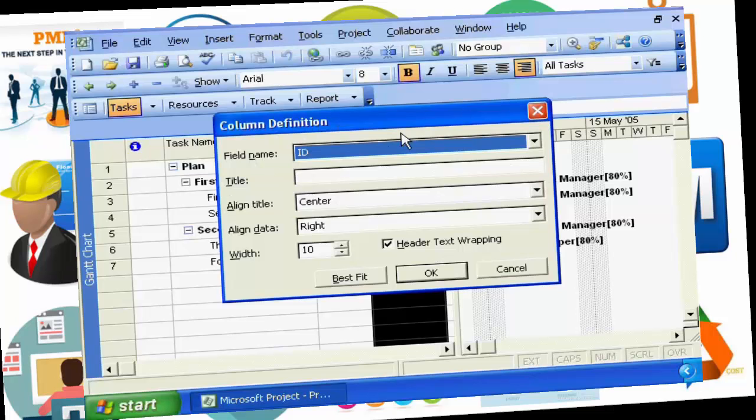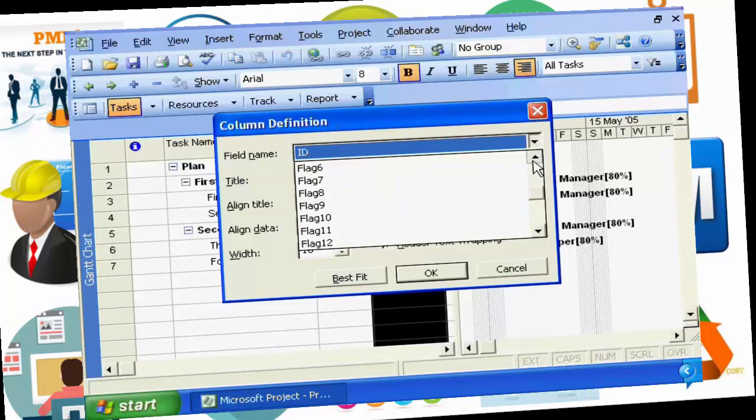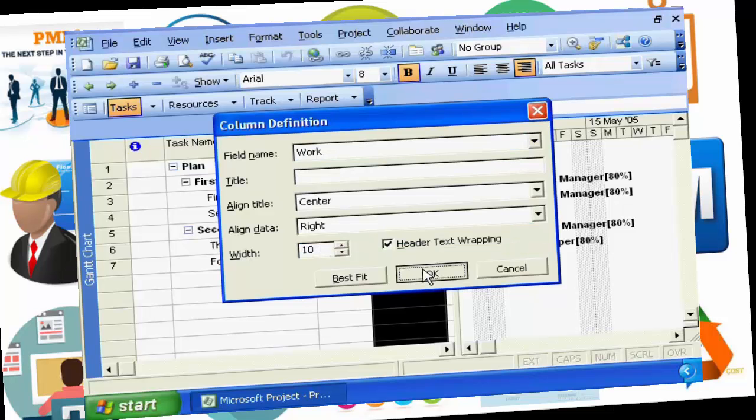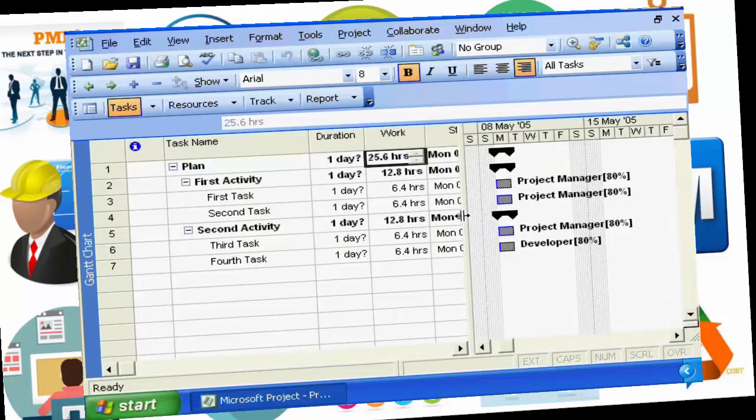The data item already exists, and as you can see from this list, there's a very large number of data items that are predefined and maintained by Microsoft Project. You as a project manager can control what information is displayed within your views of Microsoft Project. So we're going down and looking for the data field, the column called Work. If we click on Work and ask Microsoft to enter it into our Gantt view, we're now seeing the